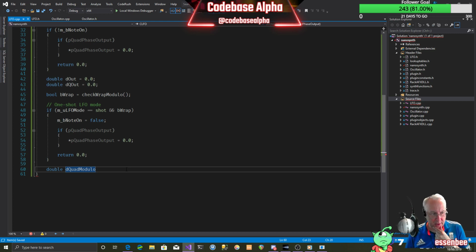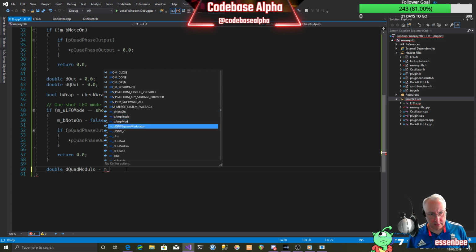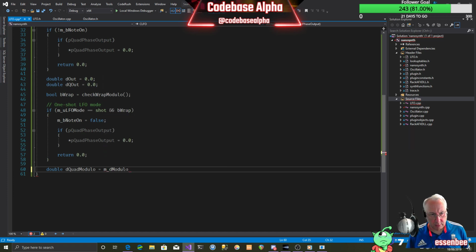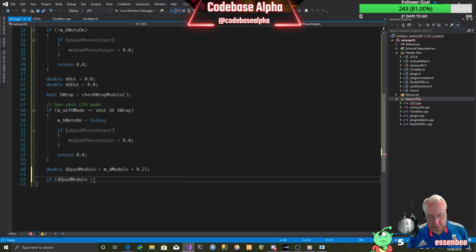Okay, so this is going to equal our modulo counter, which is a member variable, m_dModulo. There it is. m_dModulo, and we're going to add a quarter of a phase to it. So simply adding 0.25 to it should advance the quad modulo if it's used. So let's do that, and then we need to know if we're going to wrap. So if the quad modulo is going to be greater than or equal to 1.0,